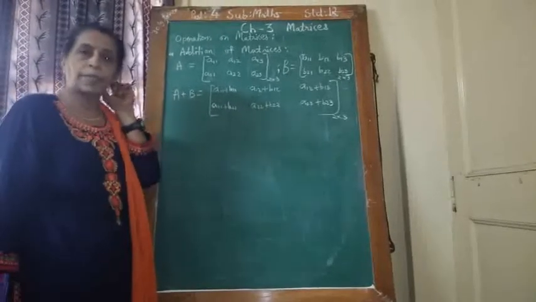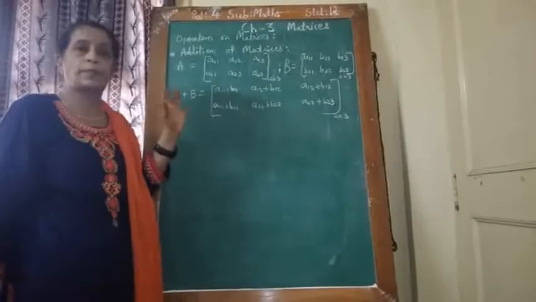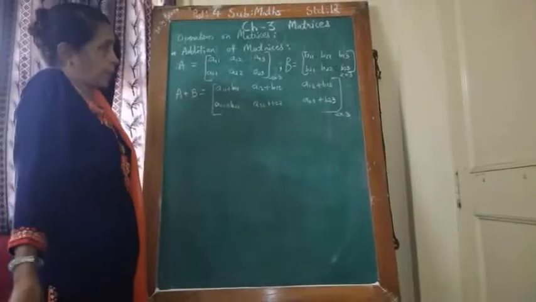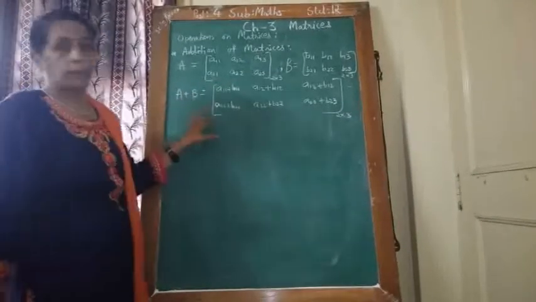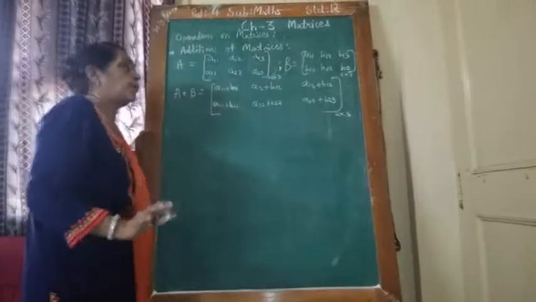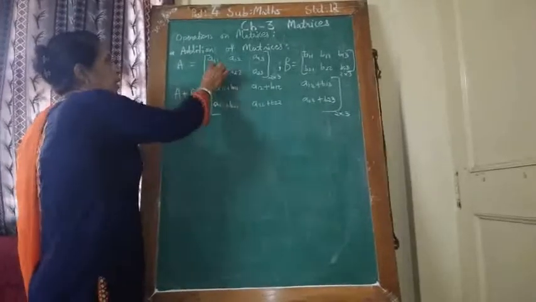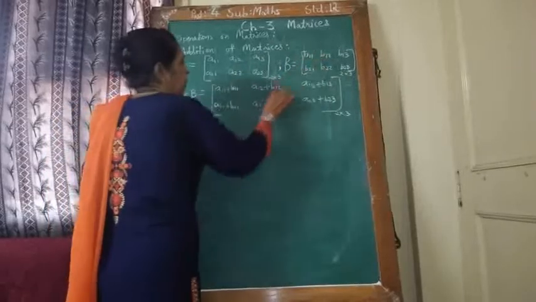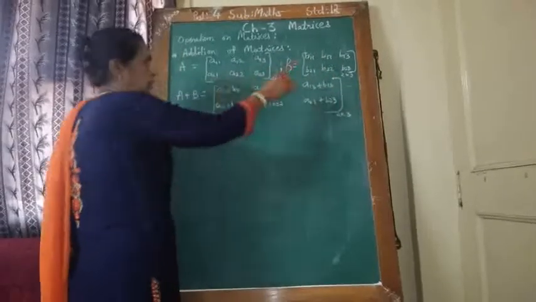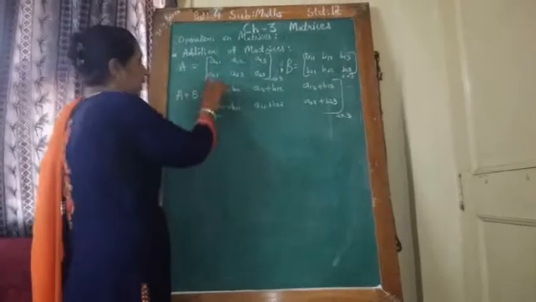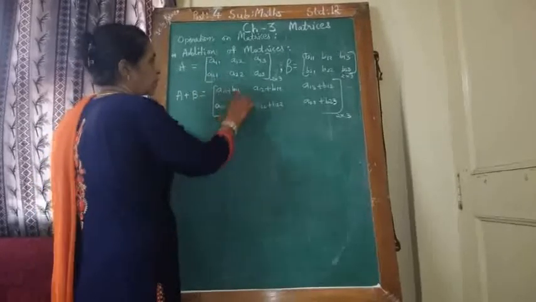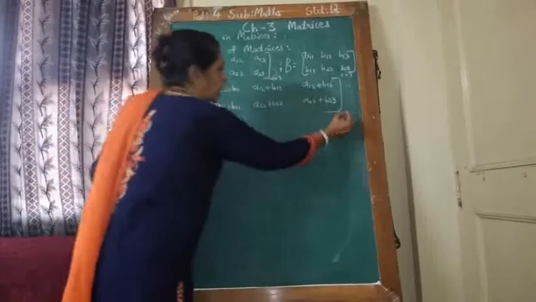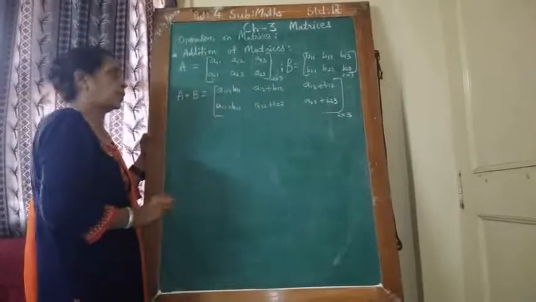In the next chapter, determinants, you get addition of two determinants, or you may do multiplication, then the output may be a real number. But here you get matrix form. A plus B means you have to add corresponding elements: A11 plus B11, A12 plus B12, A13 plus B13. So you have to add corresponding elements of both matrices. See, A21 plus B21, A22 plus B22, A23 plus B23. And the order is also the same, 2 cross 3.